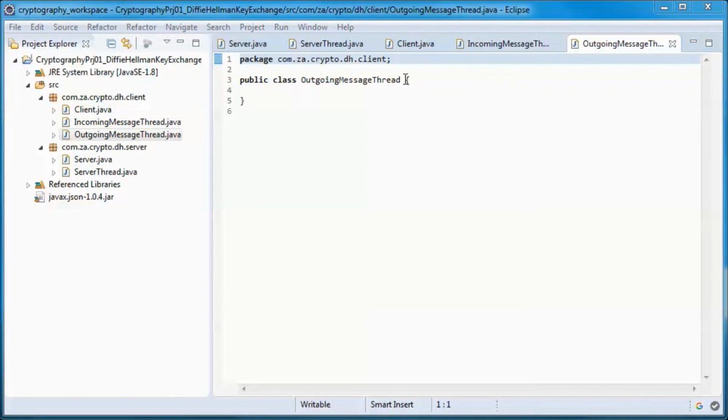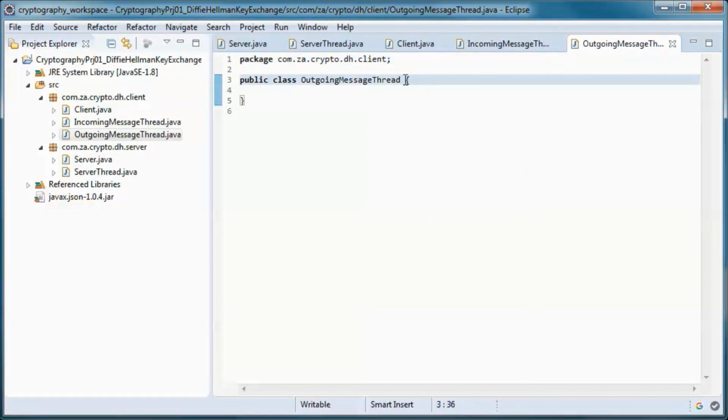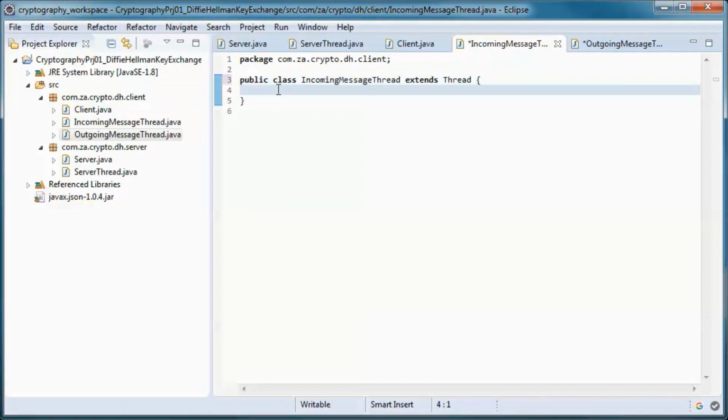And those two classes will extend the thread and override the run method.